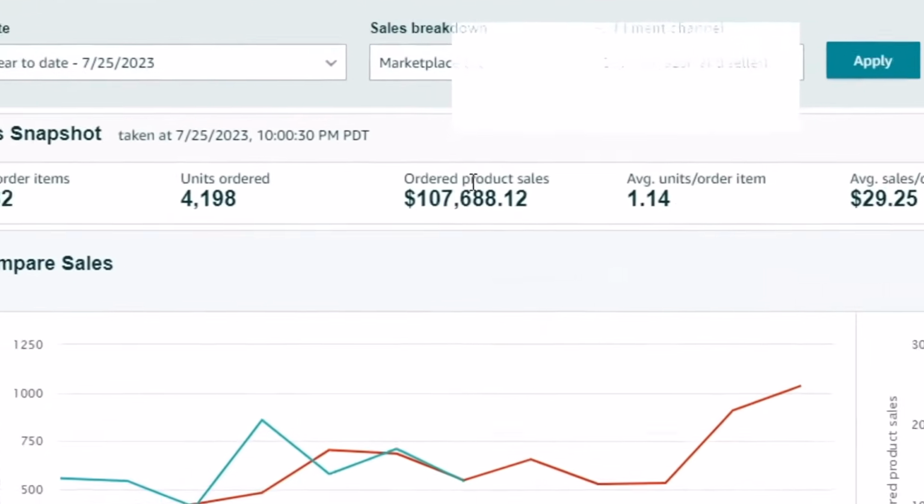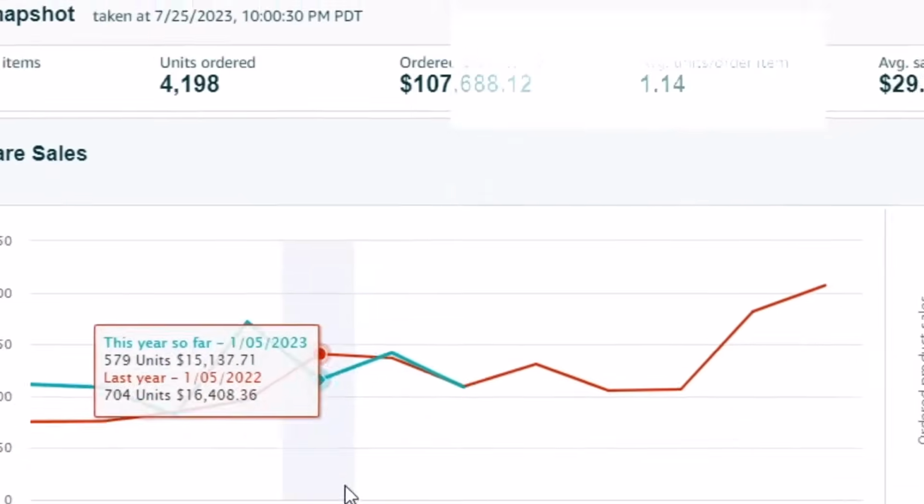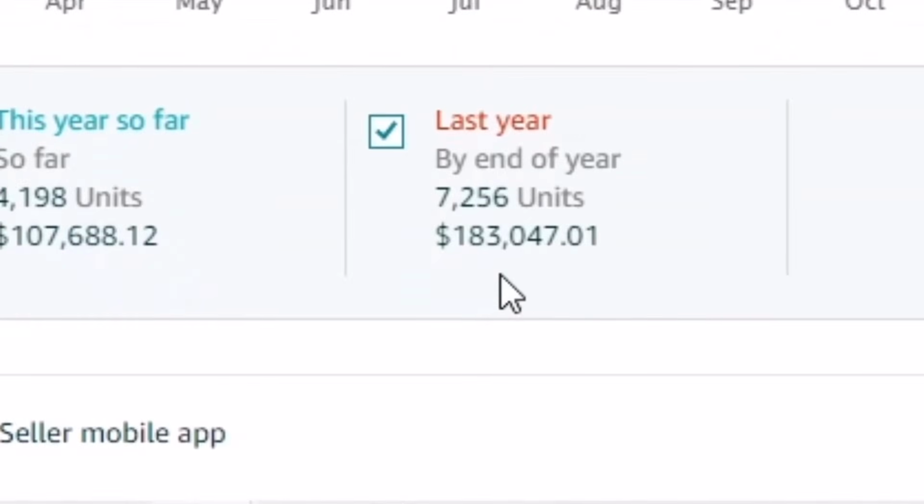Now this is what we've done so far for the year, but I really want you to look at last year. Last year we did 183,000, but look at how many units we actually sold.